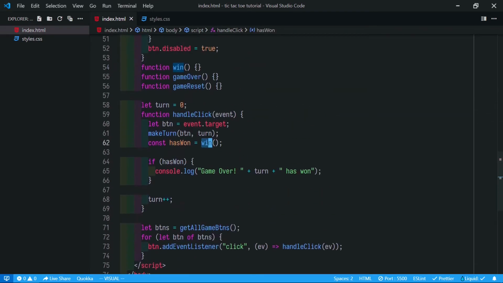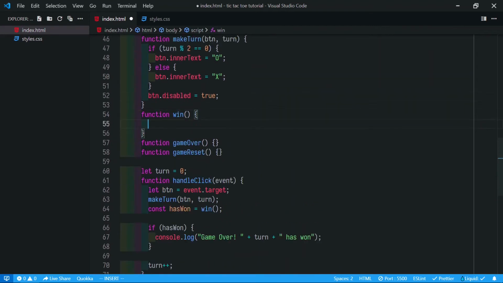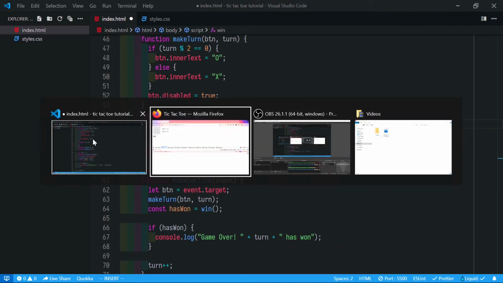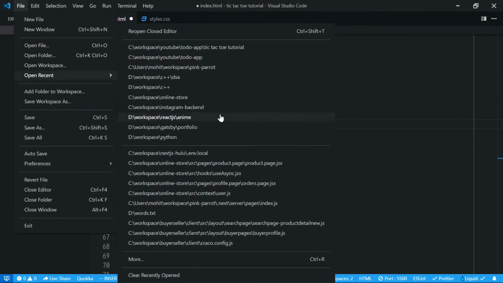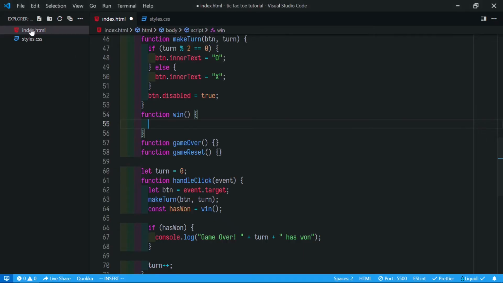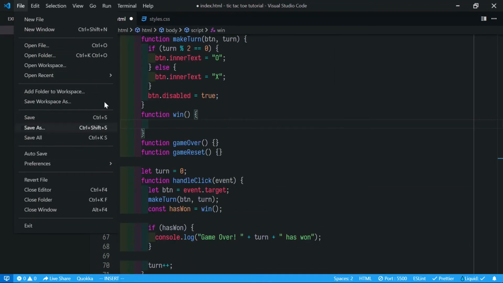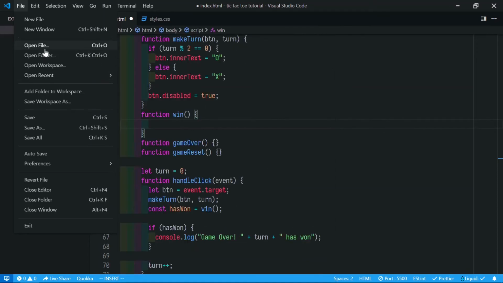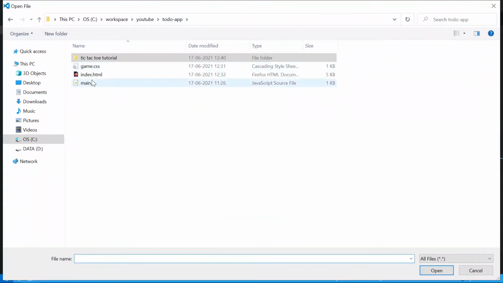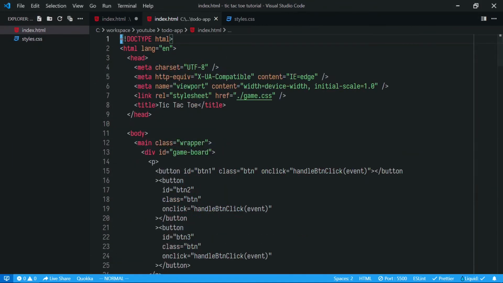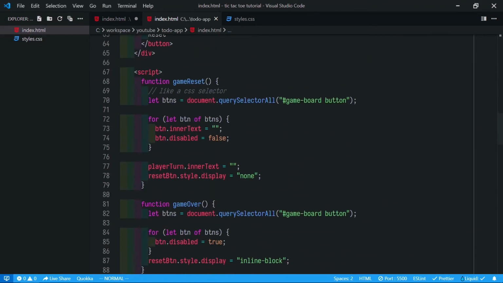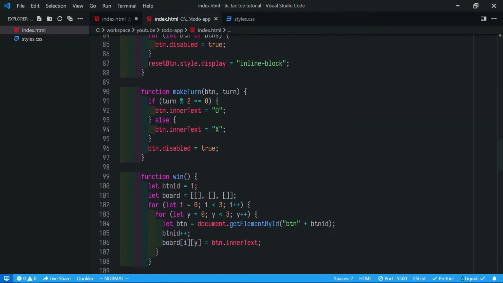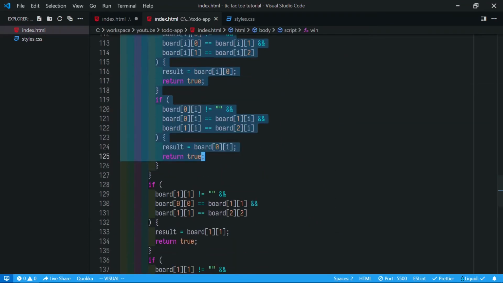So first let's implement this win function. For the win logic, I will copy paste the logic from the working example.